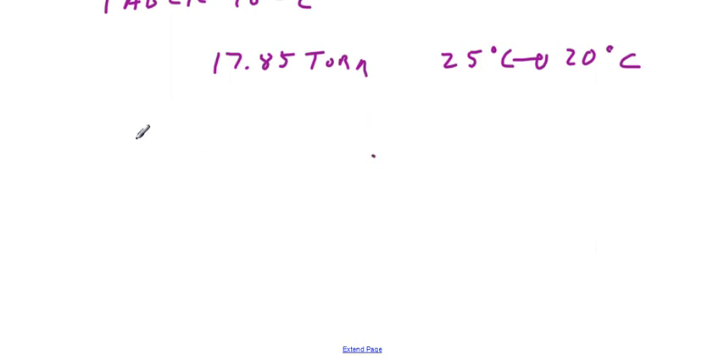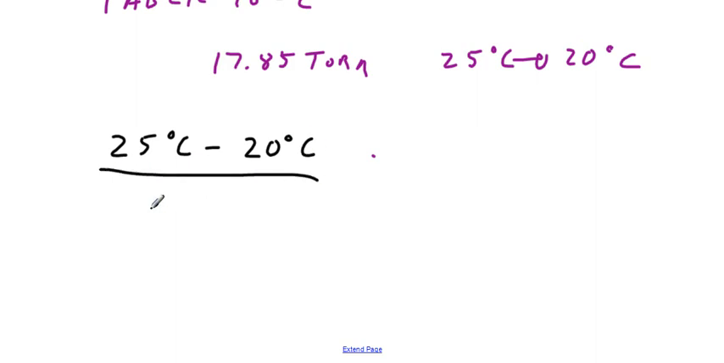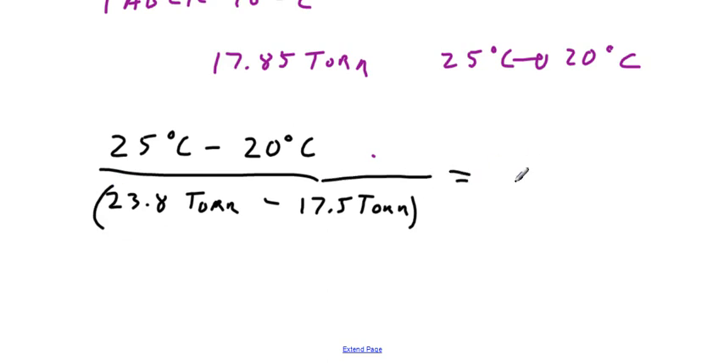Okay. So if I take the values I know, 25 degrees centigrade minus 20 degrees centigrade, and I do a proportion of that with 23.8 torr minus 17.5, we end up, taking way too many significant digits, with 0.7937 degrees centigrade per torr. And then we say, okay, well, that being the case,